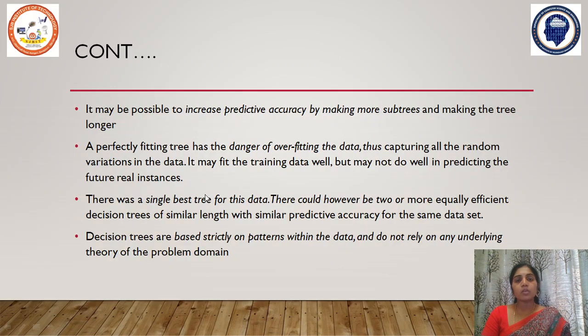Next we have the difference between the decision tree and a table lookup. If you consider accuracy as the feature, in a decision tree there is a varied level of accuracy. In table lookup you have 100% accuracy. When you consider generality, the decision tree applies to all situations, but the table lookup applies only to similar cases that occurred earlier. Like this, you have the difference between a decision tree and a table lookup.